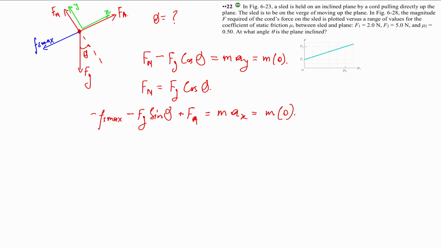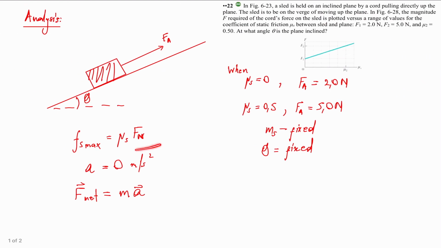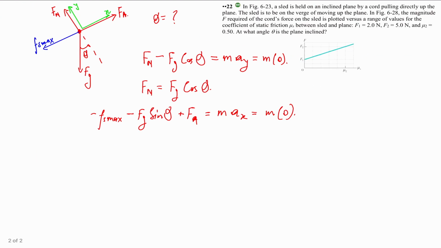Okay, that's great. Now, let's unpack what this means. Remember our data? We knew how to determine this from our previous data. So we've got to unpack what this means. According to the information we have, this is Fs max. So we could substitute that in there. So we're going to end up with minus mu s times Fn